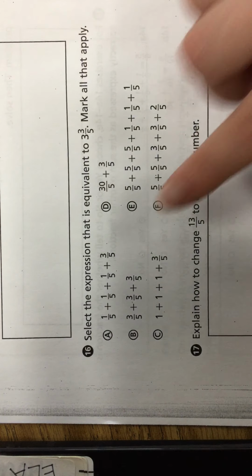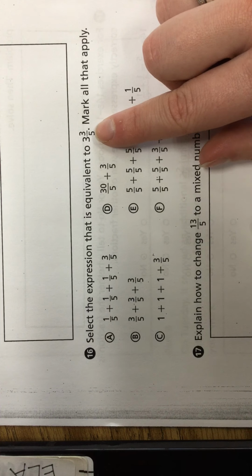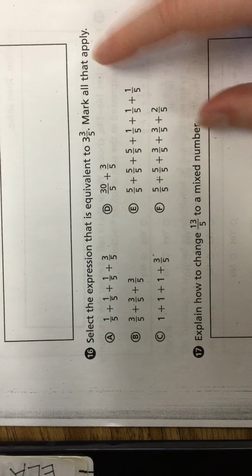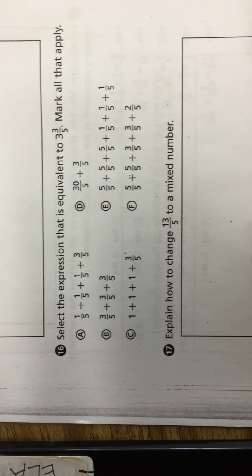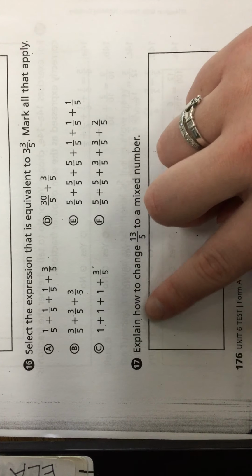Number 16, select the expression that is equivalent to 3 3/5. Mark all that apply. And number 17. Explain how to change